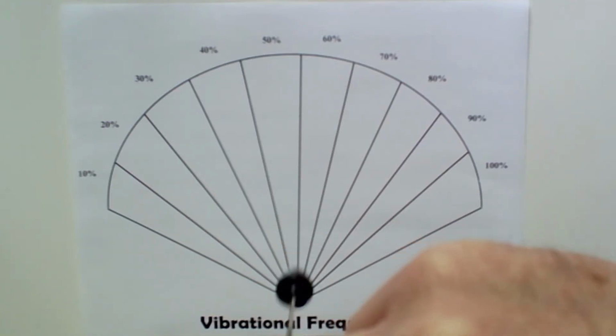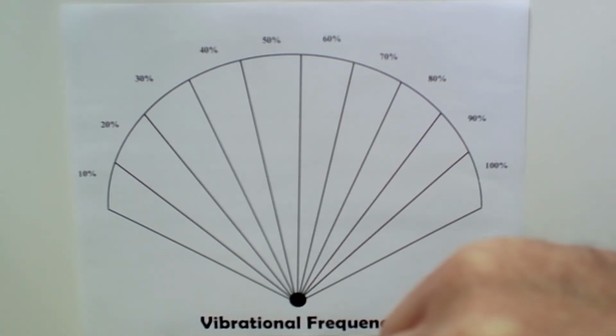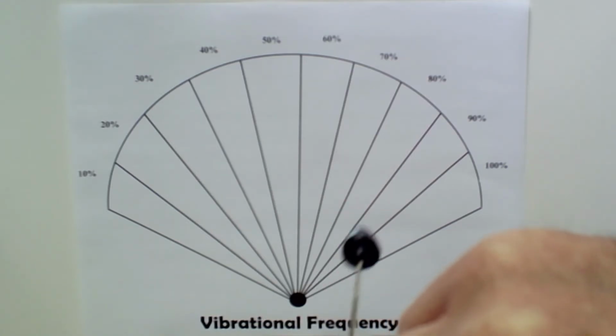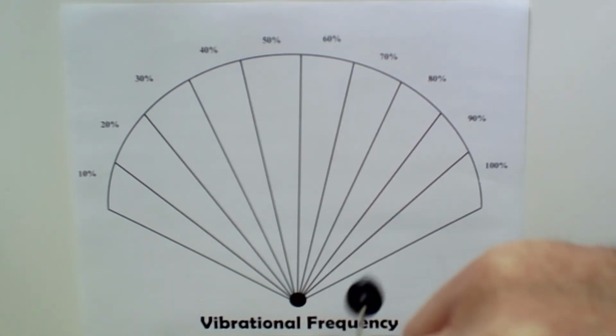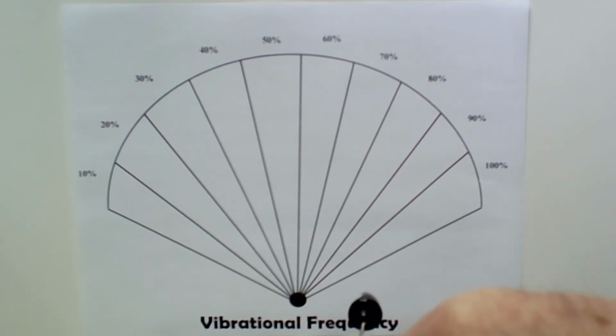And just like a meter would move to the right, notice how it starts to move to the right. And we can stop wherever we want. We don't have to go all the way to 100. We can stop wherever we feel comfortable with that higher vibrational frequency. And once we feel that we're comfortable at that higher vibrational frequency, then we're going to say thank you to our subconscious mind, thank you to our pendulum,